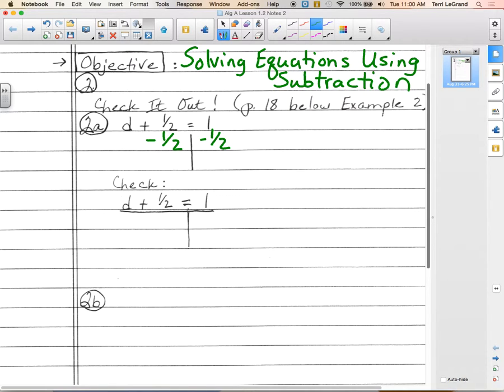And we're going to try always, as much as possible, to not use our calculators. We want our brains to exercise, and they can't exercise when you're letting your fingers on the keys do all the thinking. So this one is pretty easy, we don't even have to change the 1 to a fraction so we can do the subtraction. 1 take away 1/2, another 1/2, it's 1/2. So D equals